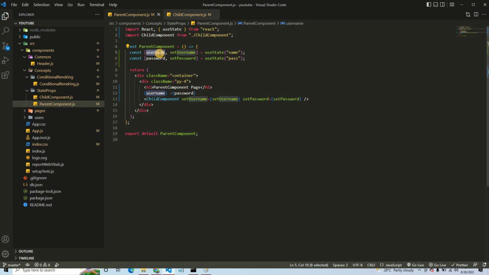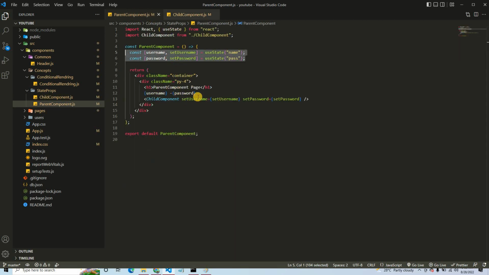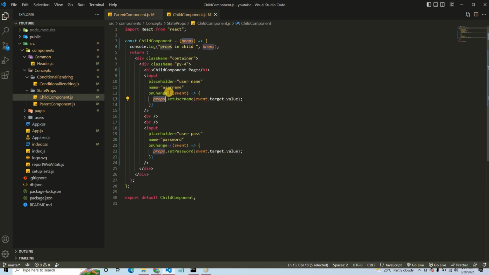And if you want to pass your data from child component to parent component, then you need to pass a method from your parent component to the child component, and then the child component can call this method with the help of props. So I'm just passing these set username and set password methods to the child component, and with the help of props, the child can call these methods and set the value inside the